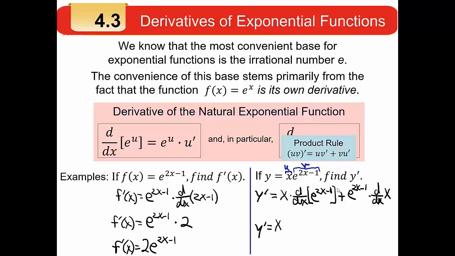Going back now, you can see as you start, you've got x times the derivative of e to the 2x minus 1. Well, when you get to the derivative of e to the 2x minus 1, you've got to use the rule on the left for derivatives of exponentials. The derivative formula for derivatives of exponentials says you take the exponential written down as it is multiplied by the derivative of the exponent